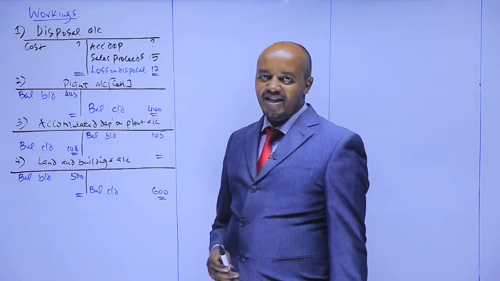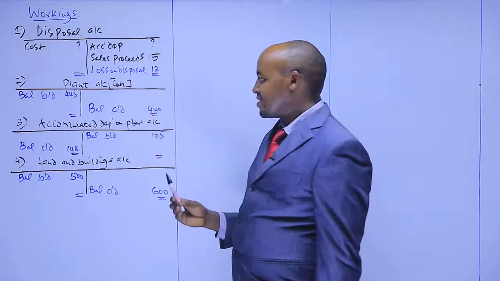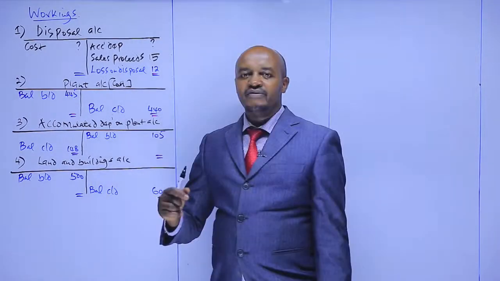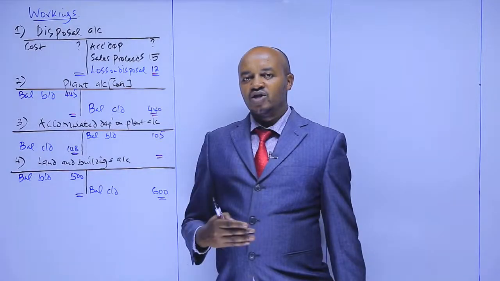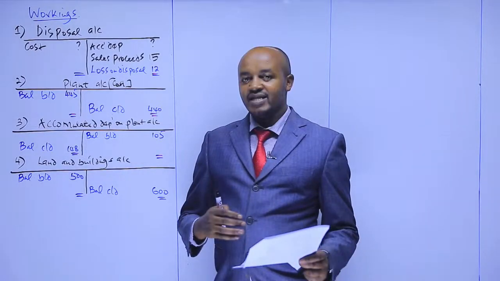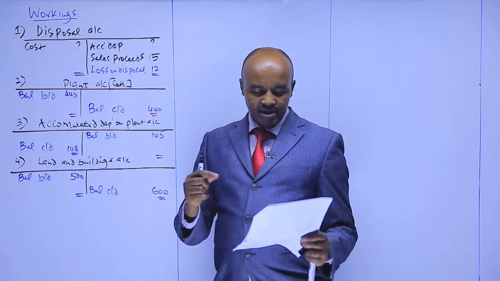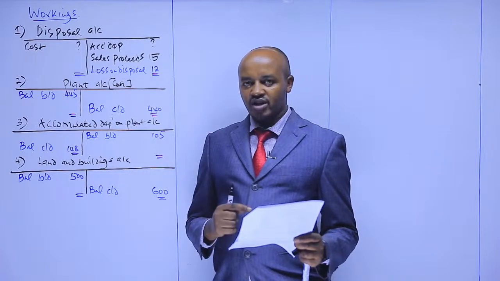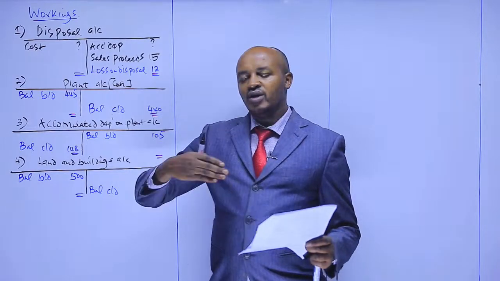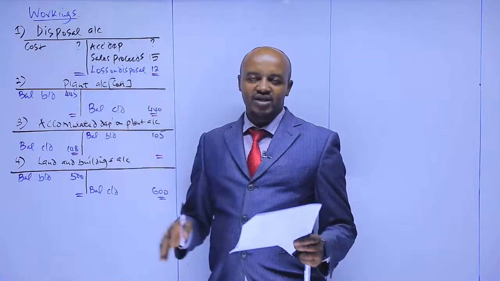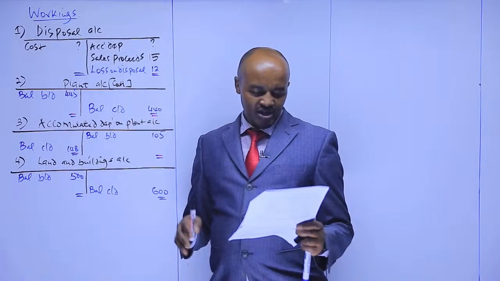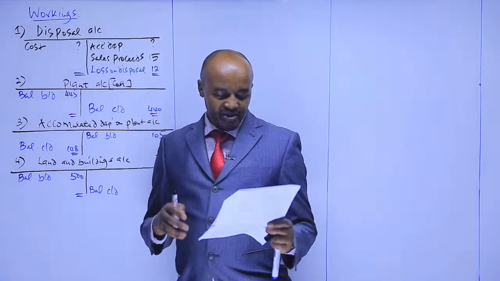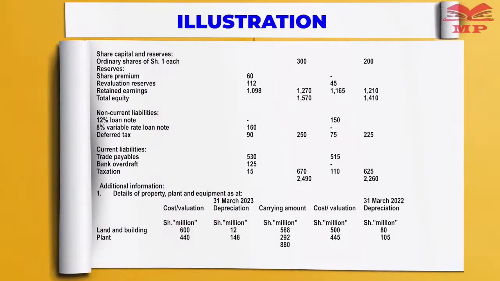At the start, they were revalued. It is important to note that once the assets have been revalued at the start of the year, then the depreciation for the current year will be computed based on the revalued amount. And therefore what we do is that we ignore the previous accumulated depreciations. For example, in note number 1, I hope you can see the depreciation which is given there for land and buildings for the current year, that is 31st of March 2023.